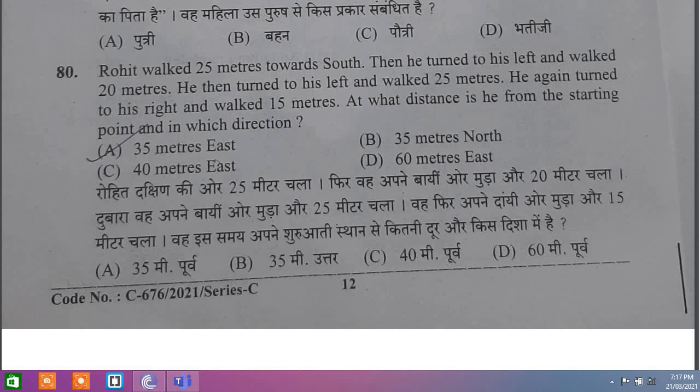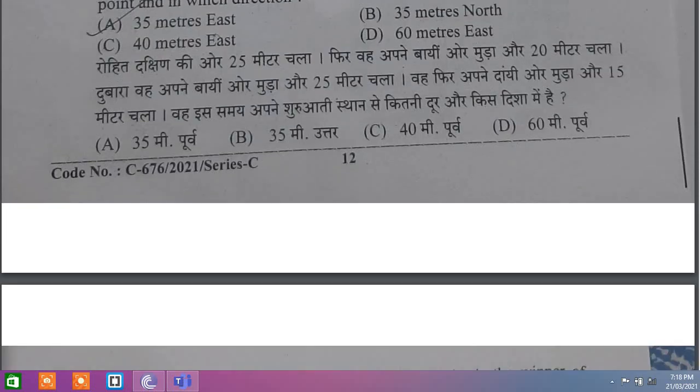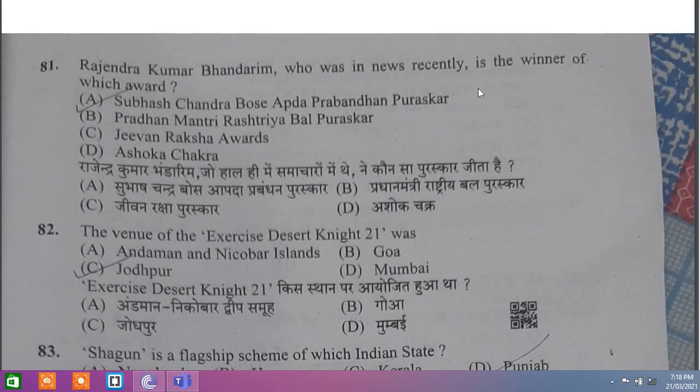In your notebooks you can start from one point and then go 25 meters towards south, from there it would be moving towards left. That left means it would be moving towards east, so 20 meters, then it would be moving upward when it moves towards the left of that east, so that would be 25. So from the starting point, it would be 20 meters and the rest would be moving 15 meters, so 20 plus 15, it would be 35 meters towards east. So the correct answer here is A. I hope you are able to get it. If you know, then draw it in your notebook.